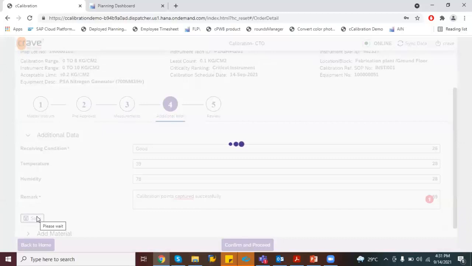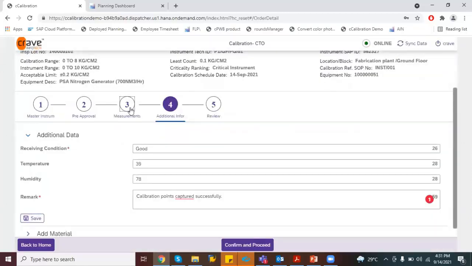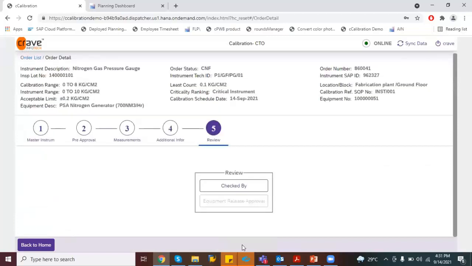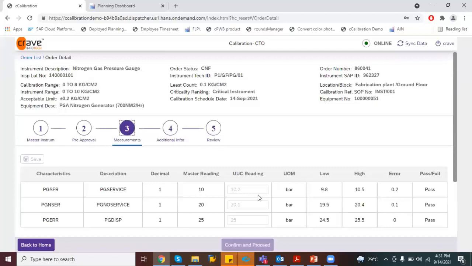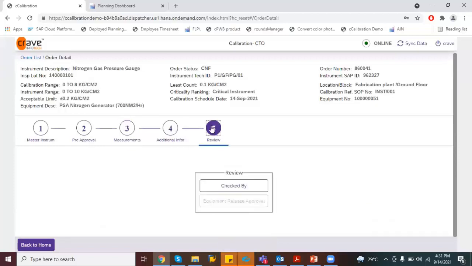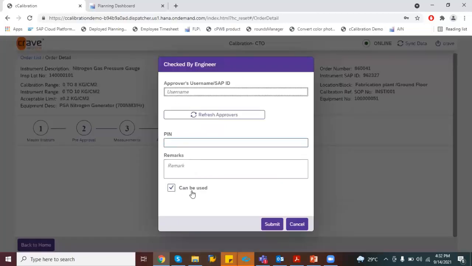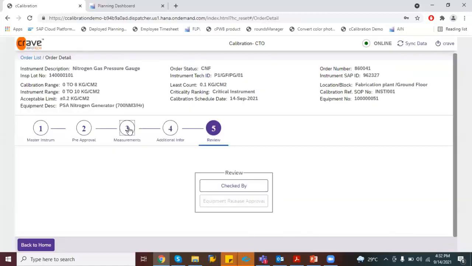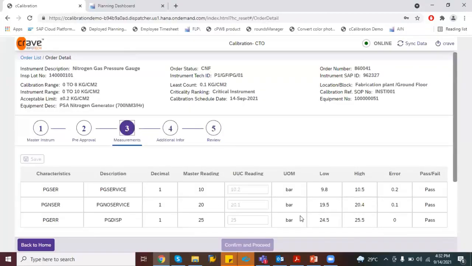And if the user is done with the activity, meaning the calibration is done, the user can confirm and proceed. Once the work is confirmed, it will be grayed out and shown for display purposes only. Then the reviewer will review whether the user has entered the correct readings or not. This is the check by, which the supervisor will do. If all your entered readings are correct, your usage decision will be that it can be used, and this person can check whether the user has entered the readings correctly. Or if we want to change them, yes, we can provide a provision to correct the readings if required.